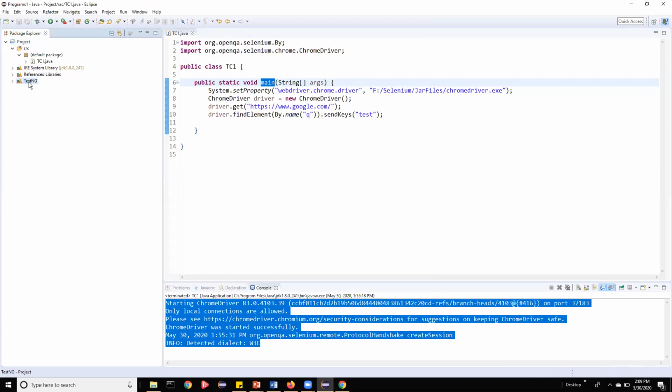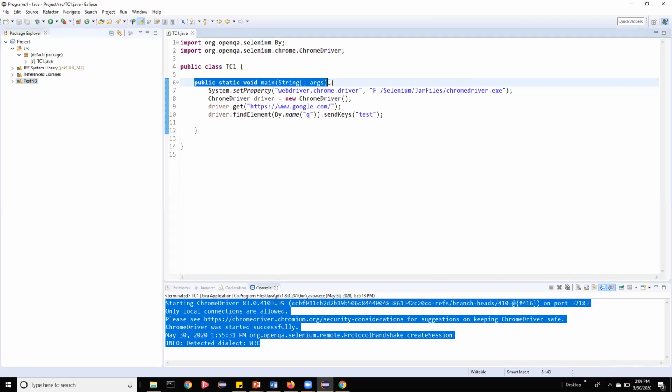Once you add TestNG, you will get TestNG here. Now we have seen multiple restrictions on a Java class: a Java class can have only one main method, which means you can create only one test case in one class. So by using TestNG, how can we avoid this? For TestNG, we don't need any main method. You can write a normal function, any function. Let's say this is tc1. This is just a function, and you need to make it a test case.